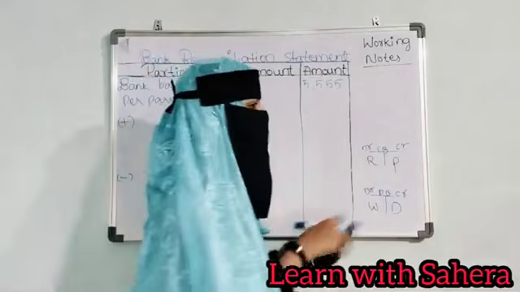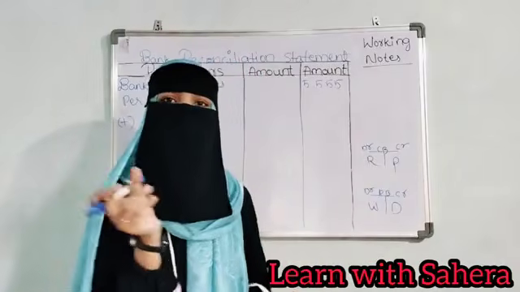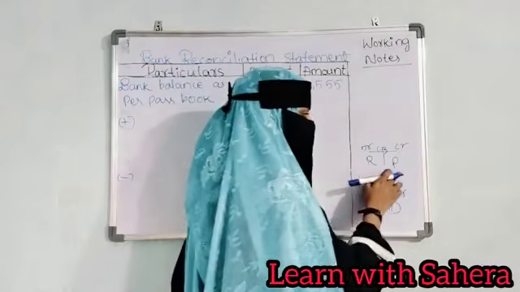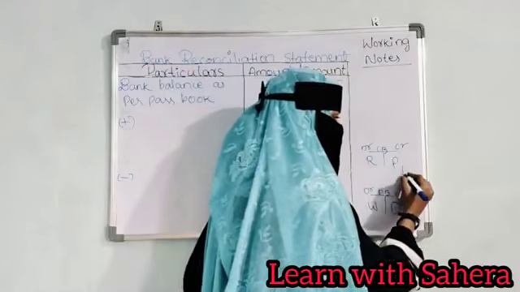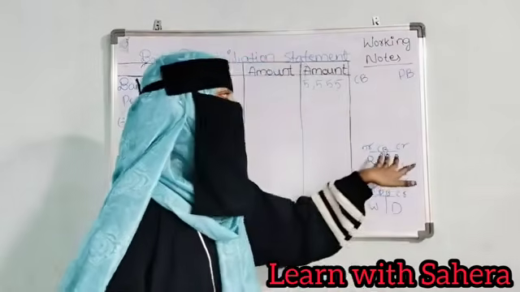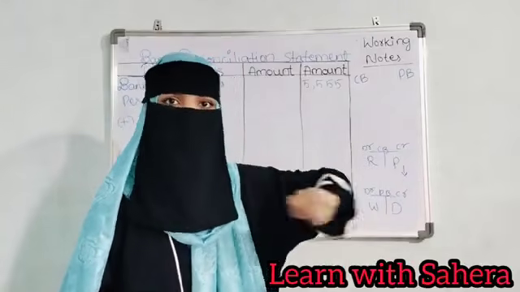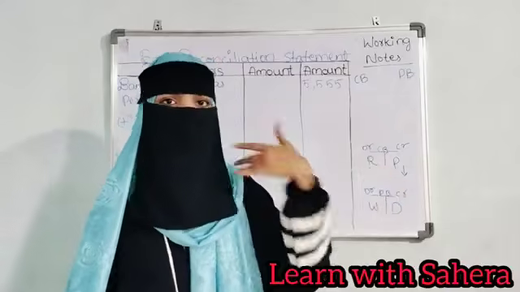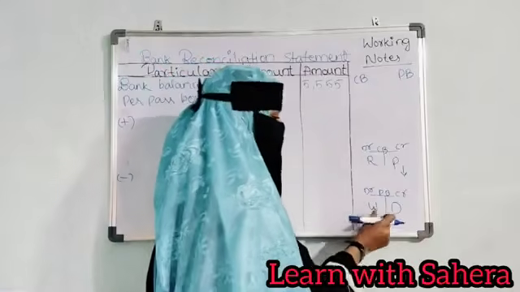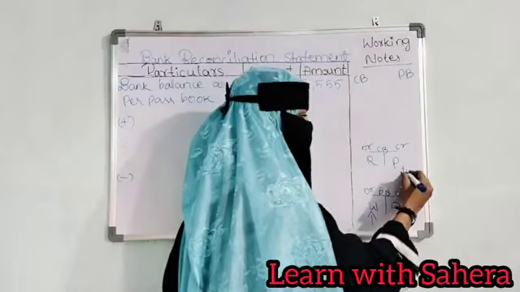So what happened, ma? All the issues. Issue means what? Money going out. So in our cash book, we have already taken the entry as we have issued the money. When we are issuing, we will decrease the amount here. I am writing the working notes also so that it will be clear for you. In the cash book, we have written that the amount has gone out of our bank because we have issued the money. But here in the passbook, they didn't get any entry that the money has been withdrawn. So what will it be? Here the money is increasing, here the money is decreasing.